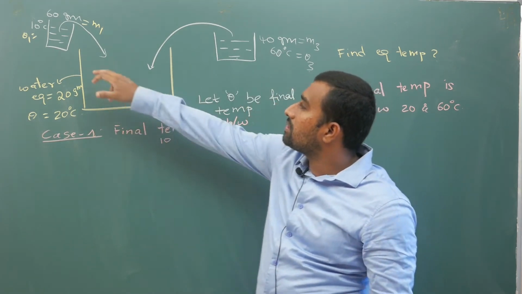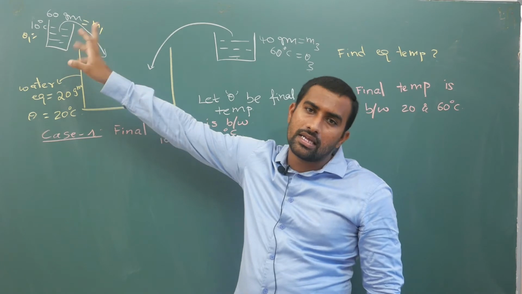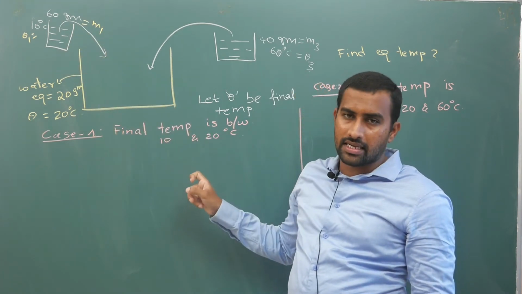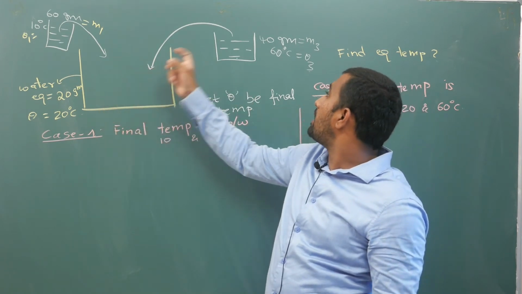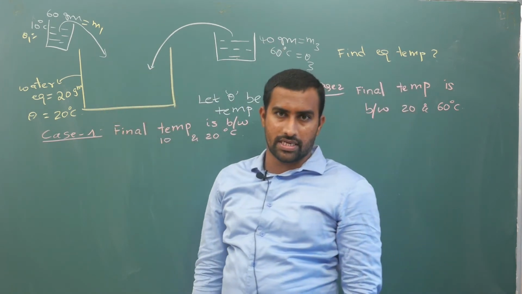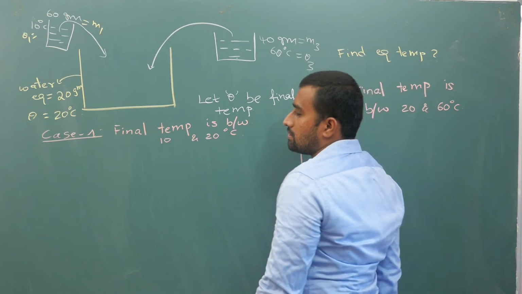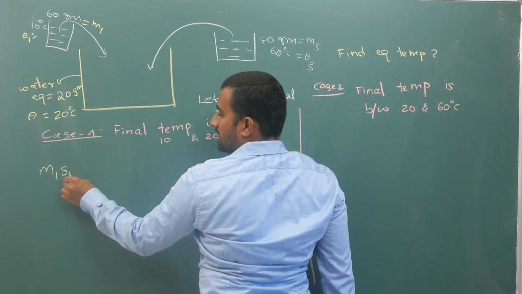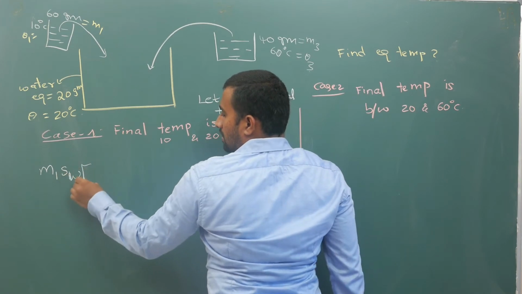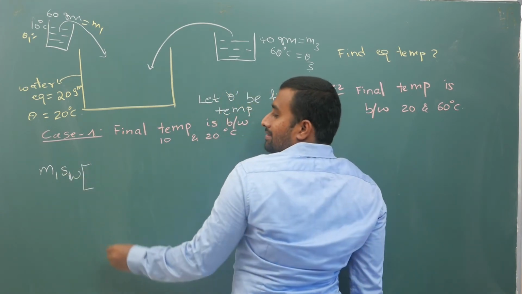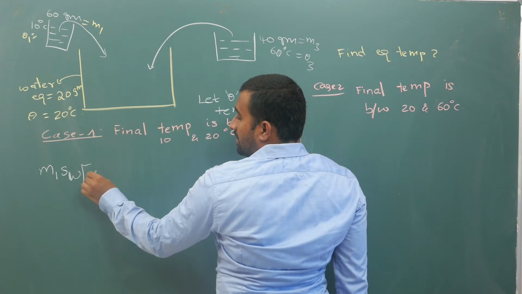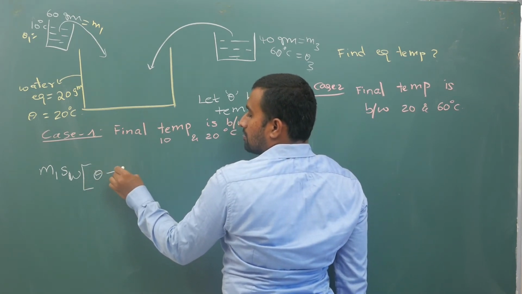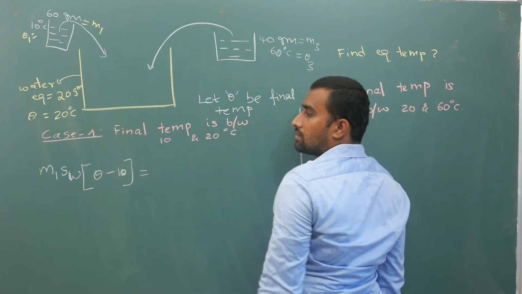This 10 degrees body will gain heat if the temperature is between 10 and 20 degrees centigrade, and the 20 and 60 degrees bodies will lose heat. So if I write the equation, M1S1, that is specific heat of water, times theta, I mean final temperature is theta minus initial temperature is 10,